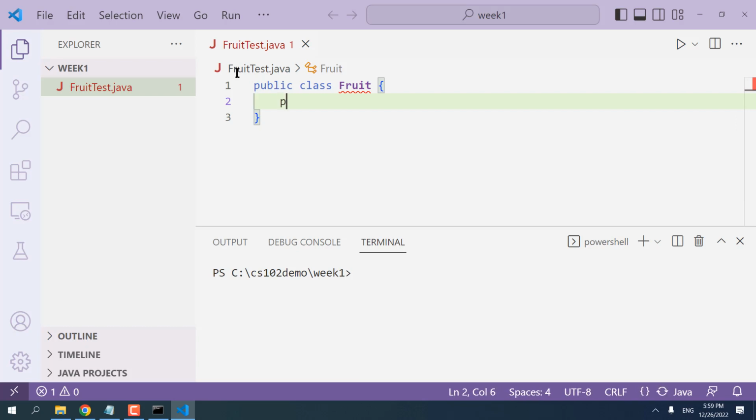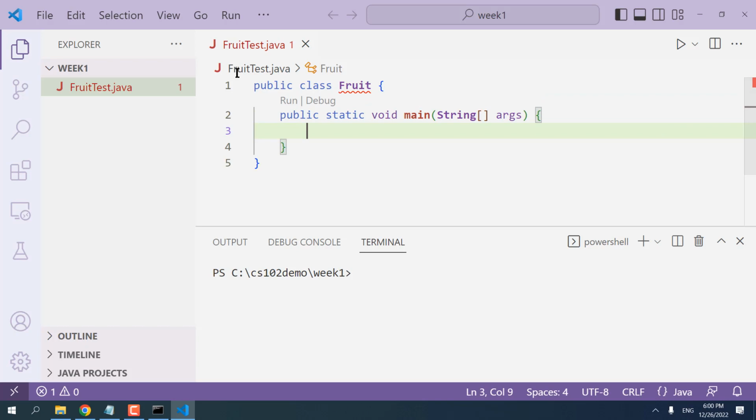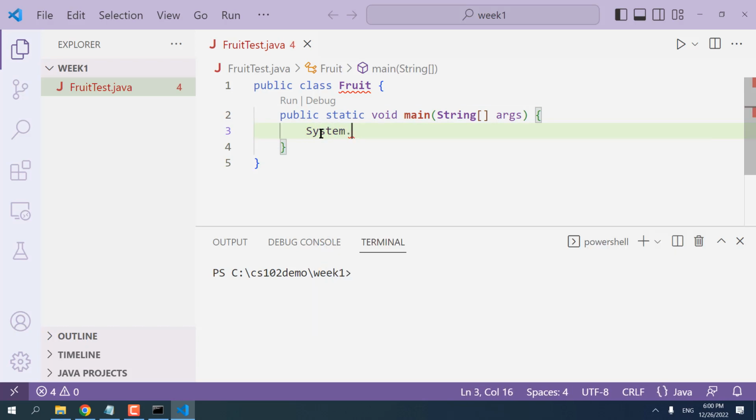Once you have created the class, just type psvm and press the tab key. It will complete and create this method called public static void main(String[] args). So that's exactly like the main method definition that you have in C. In Java, if you want to print anything out to the console, you have to do System.out.println and end it with a semicolon. Click on the run,